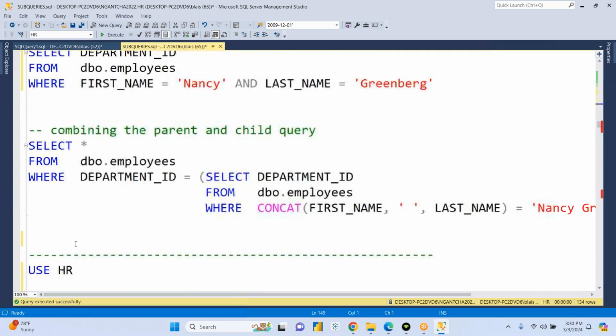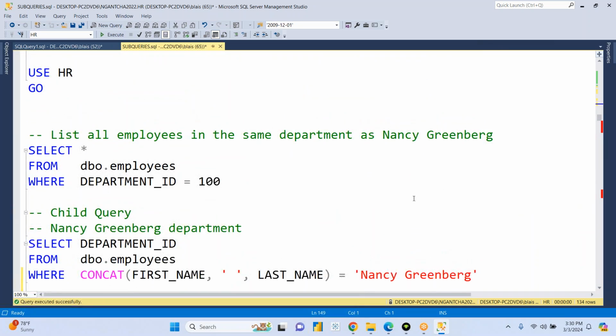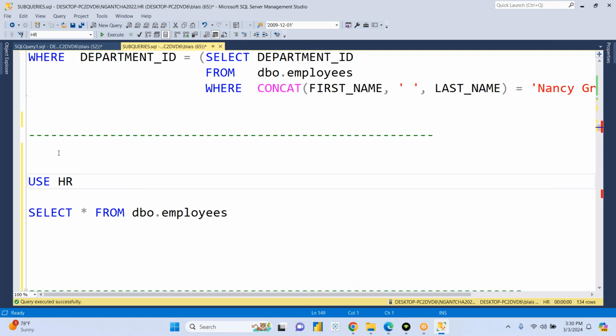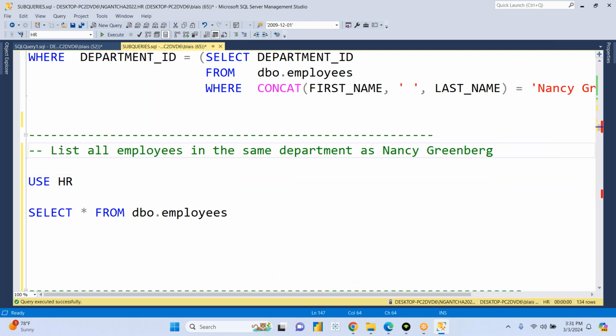Okay, I'm gonna use that same Nancy's example. So we're gonna get the list of employees with salary less than the salary of Nancy Greenberg. So that's the new requirement right here. I'm still gonna be using the employees table. Last time we talked about department. So this time around, I want us to do list of employees with salary less than